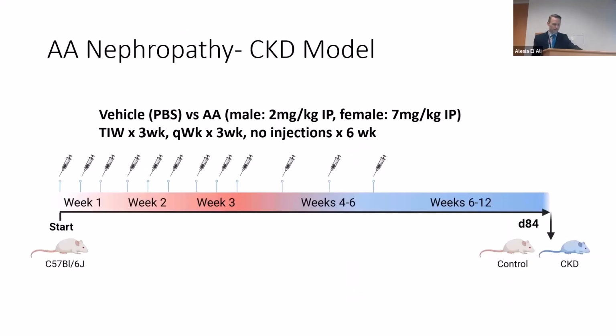So our animal model, this has taken a lot of trial and effort and failure, and we base this on published data and our own successes and failures. This is predominantly done in black 6 mice, but we can do it in other mouse strains. We give these animals a vehicle solution, which in this case is saline, or this purified aristolochic acid, and you see the doses for male and female mice. We give it as intraperitoneal injections. We give it really slowly, but basically every other day for about 3 weeks, and then weekly for another 3 weeks. And we let the animals heal, and then after about 12 total weeks, we have our control group and